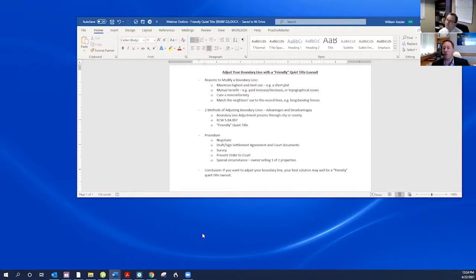But if you do the boundary line adjustment, you need to know that you're going to get it. And even if you think you know you're going to get it and you think it's clean, something can crop up and they don't have to give it to you. Right. Certainly if you're going to create a non-conforming lot, you cannot create a non-conforming lot with a boundary line adjustment. That's right. So if you want to be creative, the boundary line adjustment through the city or the county is not the way to go. That's right.